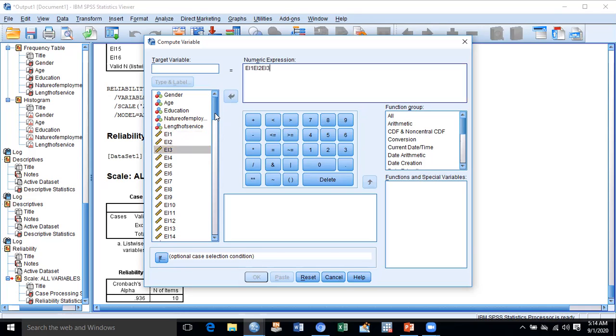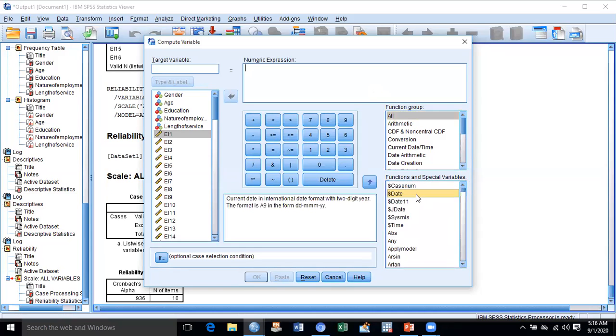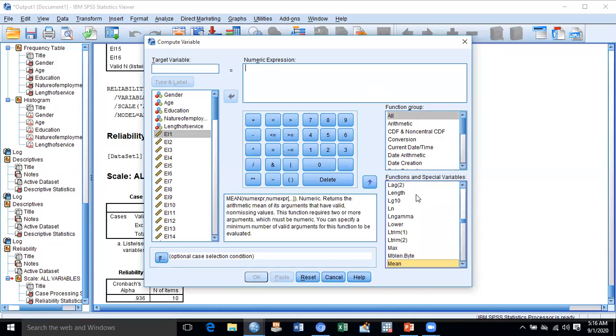Sorry guys, first of all we shall click on All from the function group, and after that we shall select Mean from the functions and special variables.